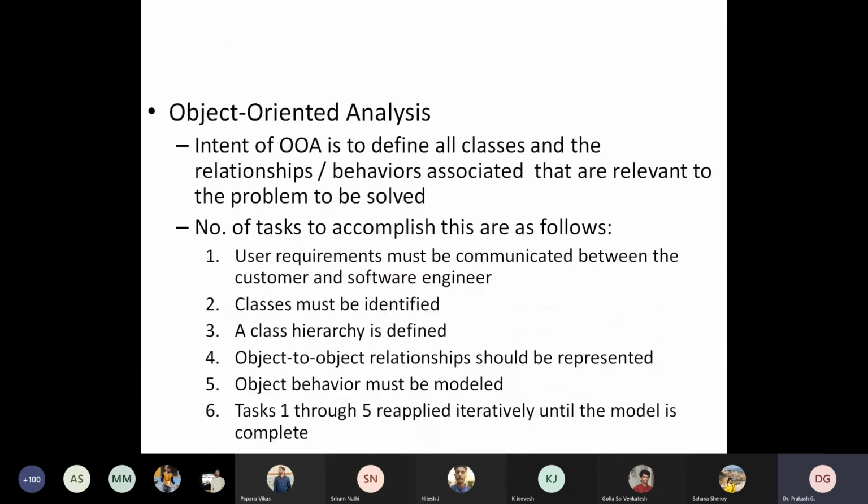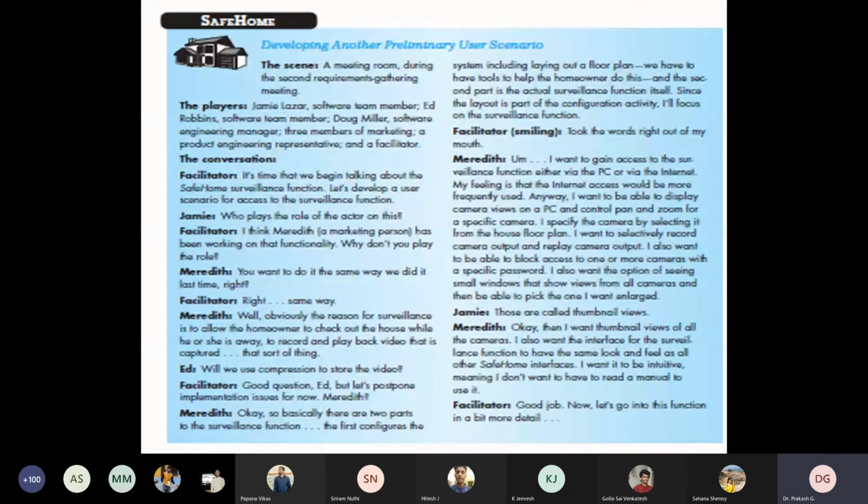Okay. So now, first we have to understand about the scenario, the user scenario. User scenario in the sense means who is going to use that particular application or product. So that is important. You can see there was a discussion between some of the team members. Okay, so there is a conversation between the team members about the particular user scenario they are going to plan. Okay, so user scenario means what? We can define the end user details, the actors, who are all the actors of the particular use cases.